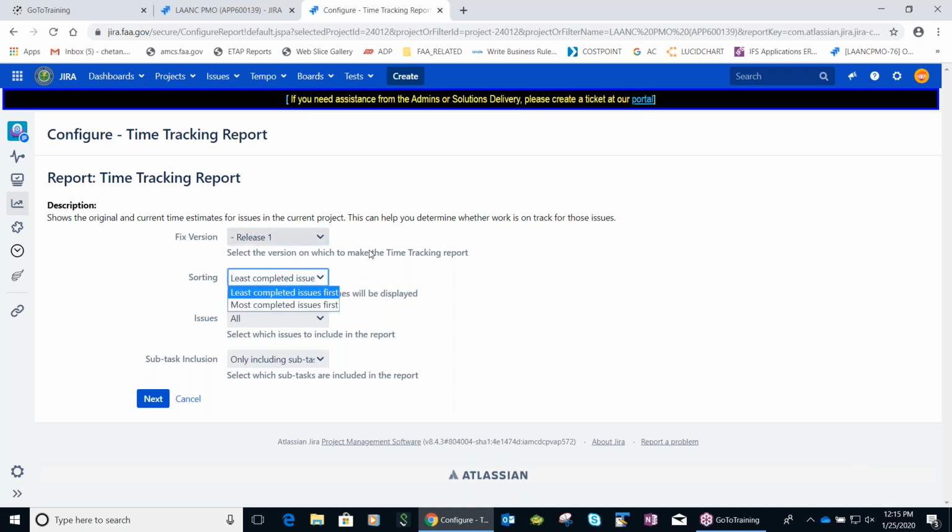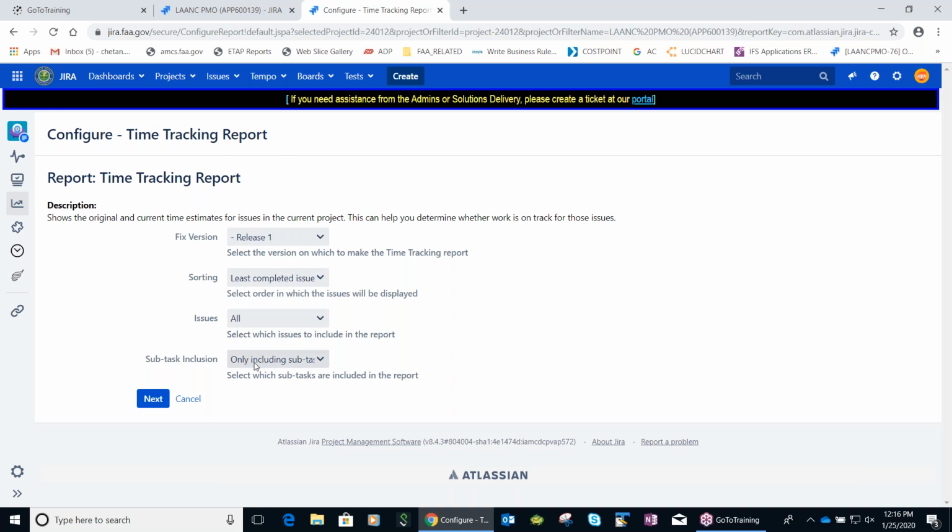It doesn't matter how you want to sort it. Issues you want to include all subtasks? Yes, I want to include the subtasks.